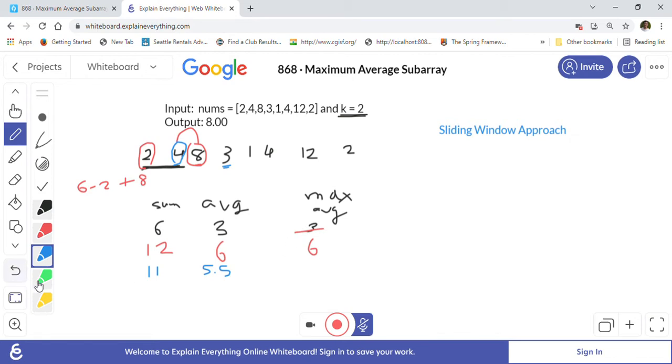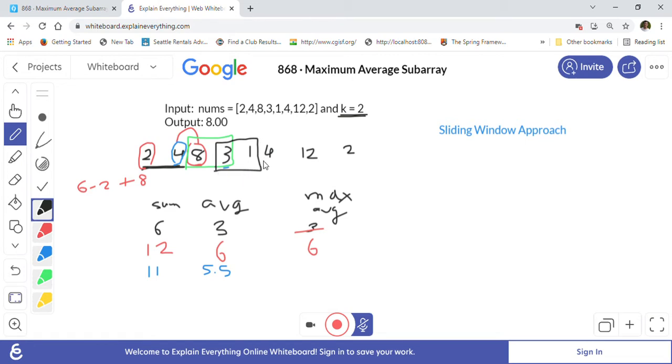Now we are going to go forward. Basically we are adding the next element and removing the past element. It is like a window, and as you can see, this is the window that is sliding. You can imagine it as a sliding window. The window size is 2 in this case. Now we are going to slide the window. So this is our new window now.